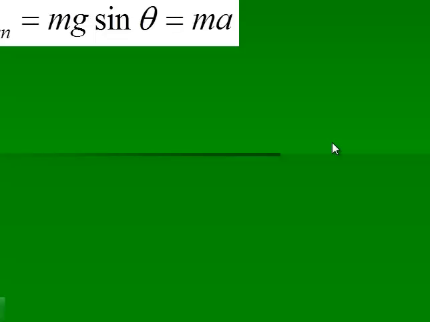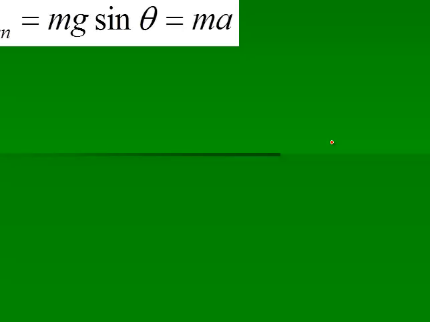So there's only a couple forces that we care about. There's mg sine theta, which is pulling down on the soap, and then the normal force, which is mg cosine theta. Now, there's really only one force that is causing the object to move, and that is mg sine theta. And as we know, F equals ma. And then the force is mg sine theta. So we have F down equals mg sine theta